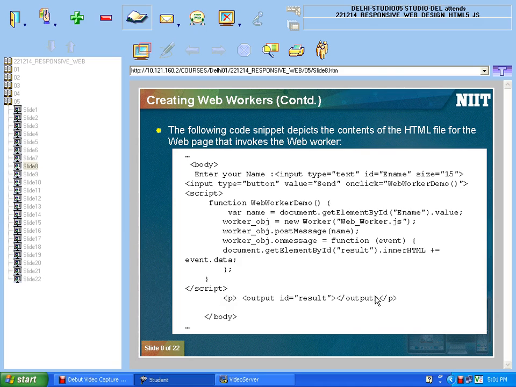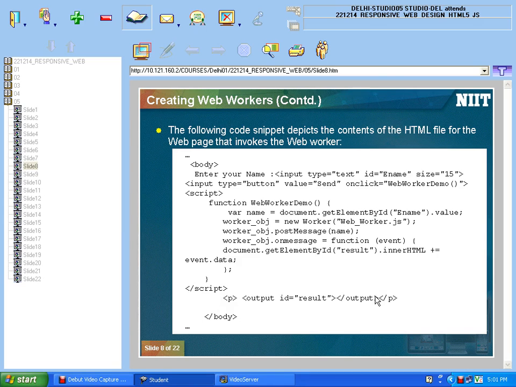If the status is success, because you receive the message, that means the onmessage event will fire. But if there is an error, you will get an onerror. That onerror event will fire automatically,